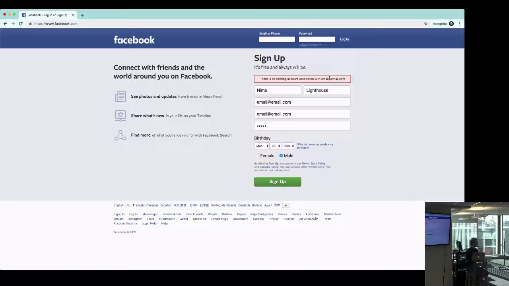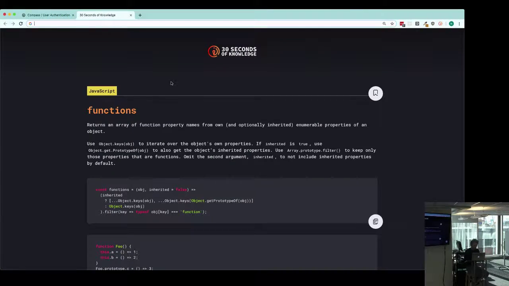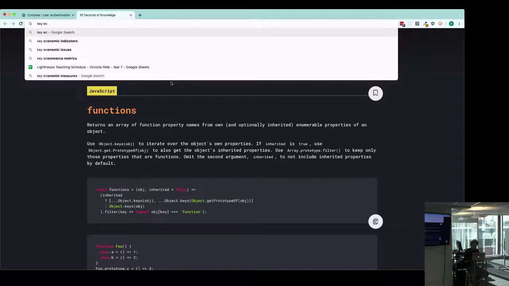Somebody in Pakistan just made an account. I gotta hop on a flight. Like, it's not feasible. It doesn't work. So we gotta figure out some technological or mathematical way of exchanging these keys. If only there was some key exchange. If only there was some